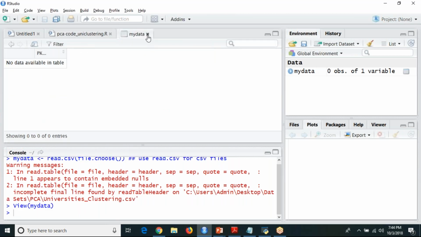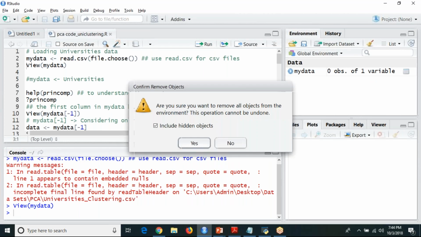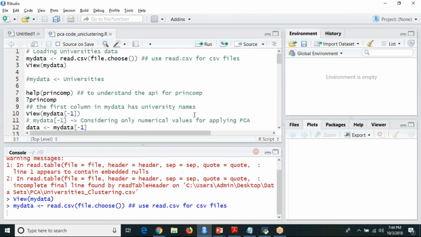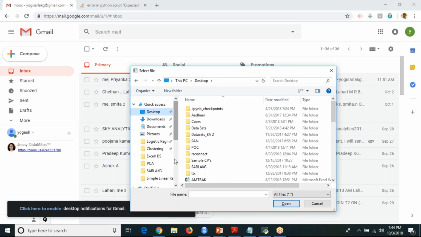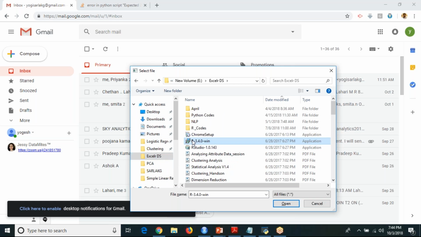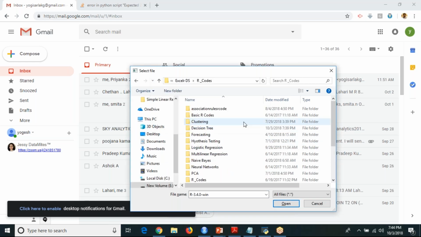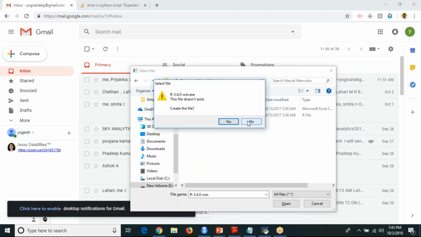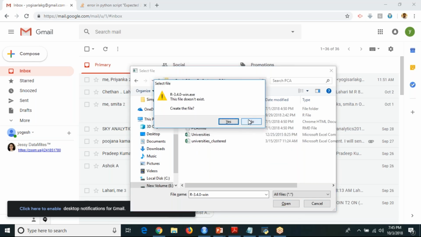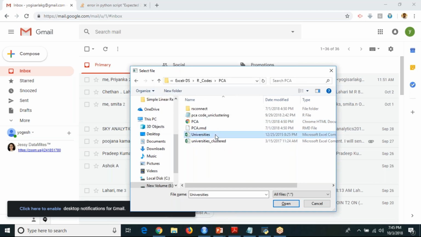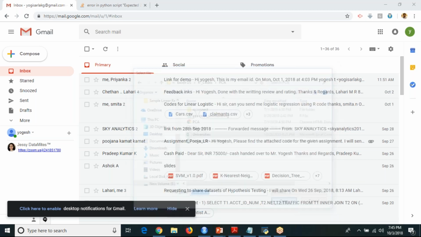So let me choose the right one. Universities, I'm going to read that data set into my R.